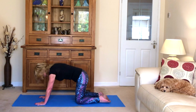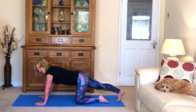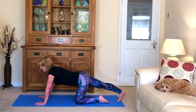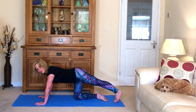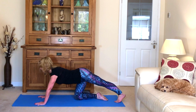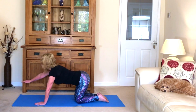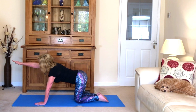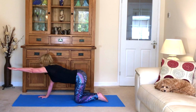And then bring your body back to neutral. And take your left leg behind you and push back gently into the heels, stretching out the leg. And let's swap over. Take your right leg back. So press back so you feel a stretch all the way down the back of the leg. And release it. Now take your left arm up, stretch it out nice and long, hold it here, and release. And then your right arm, stretch it out long,